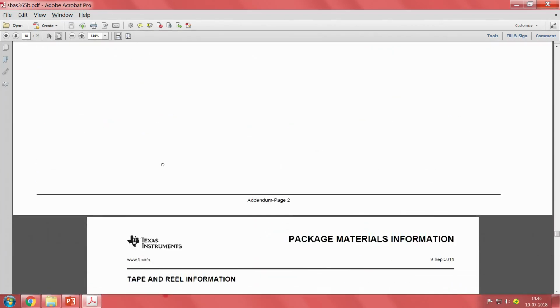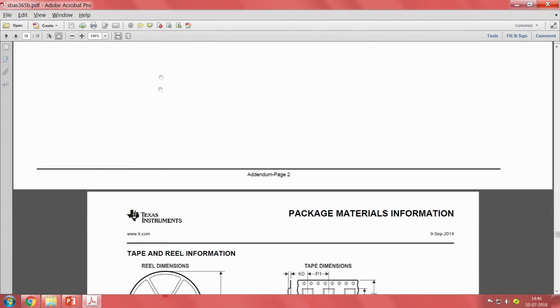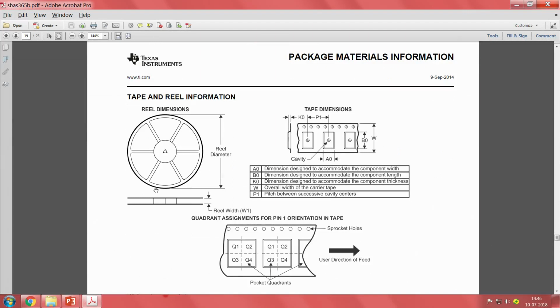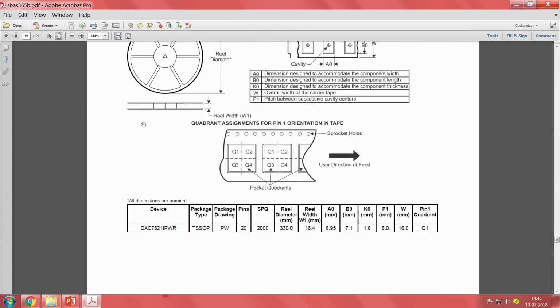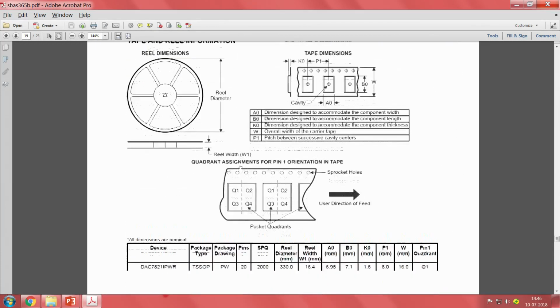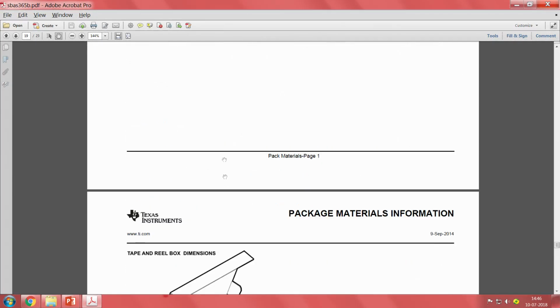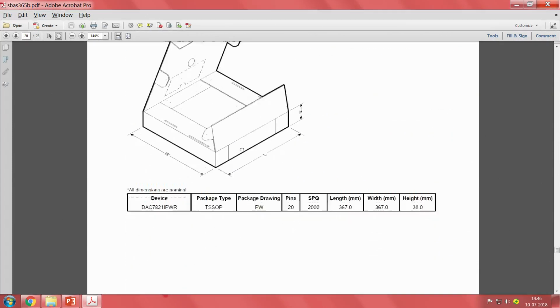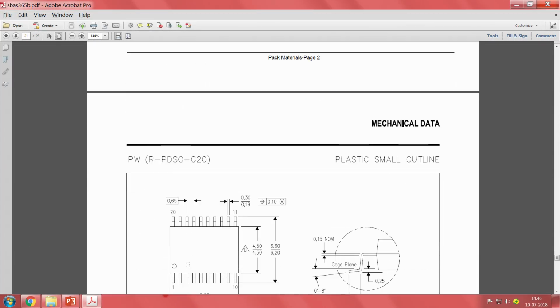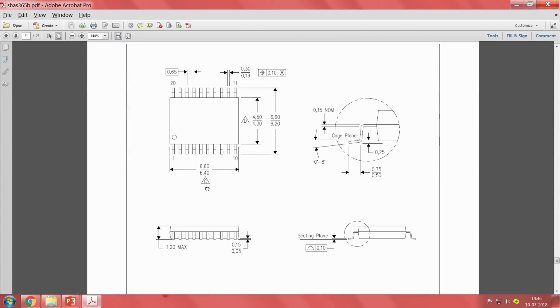And the last part of the datasheet usually is the package information. This is mainly for people who want to make the PCB with the IC footprint. If they want to create that, like I have shown, they will give all the engineering drawings of the packaging. So you will see all the engineering drawings, how the package is, how it will come packaged, is it tape and reel or a roll, those things. So these are the pins, what is the pitch distance between the pins, what is the overall package dimension, what is the angle of the pins, how does the pin sit on the PCB, all these things they will show.